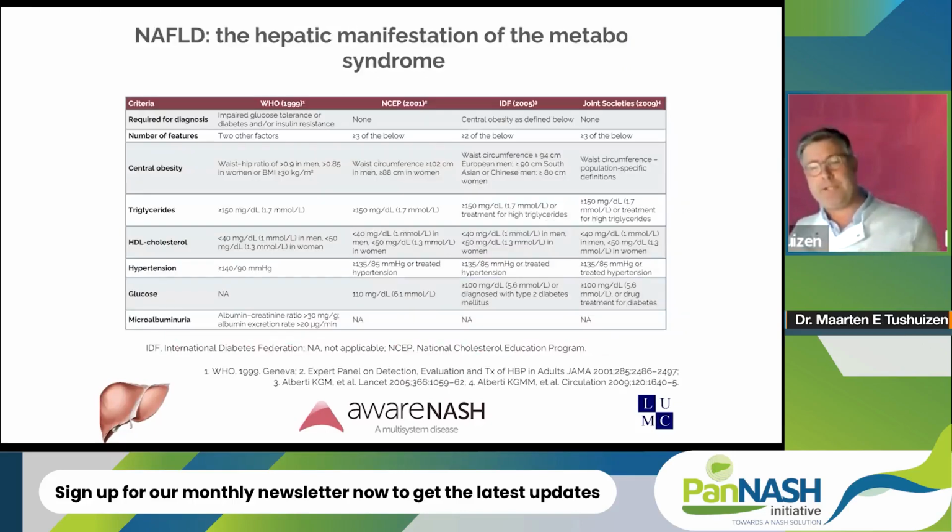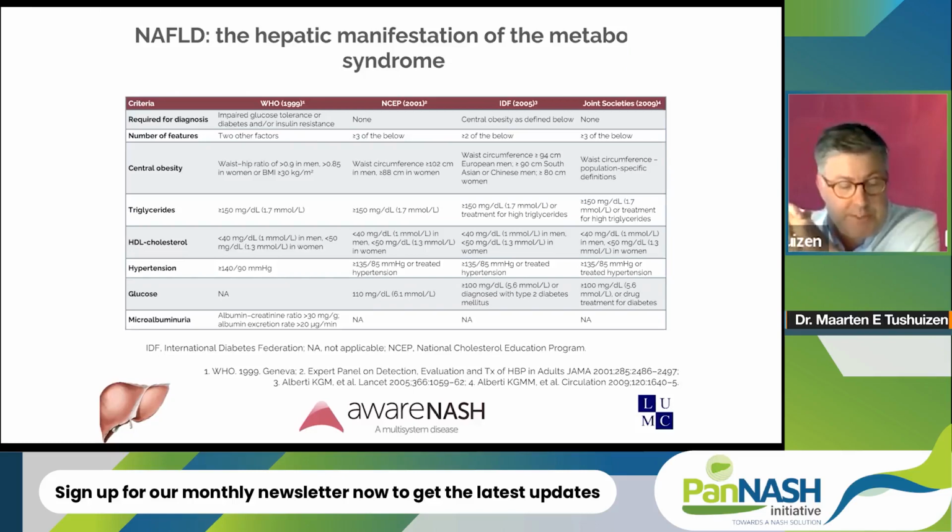Well, as I stated before, the rise of NAFLD prevalence has everything to do with the increasing rates of obesity and insulin resistance. It may therefore not be surprising that NAFLD is regularly described as the hepatic manifestation of the so-called metabolic syndrome, a cluster of cardiovascular risk factors that include central obesity, increased plasma glucose, triglyceride concentrations, and decreased HDL concentrations.